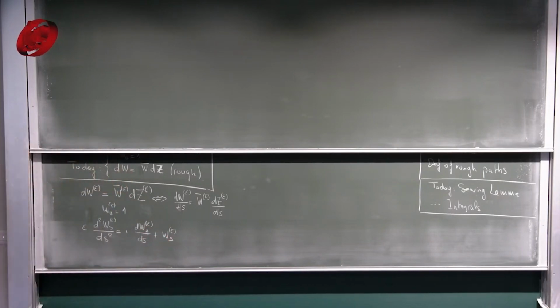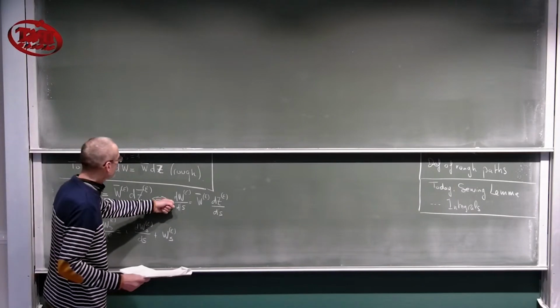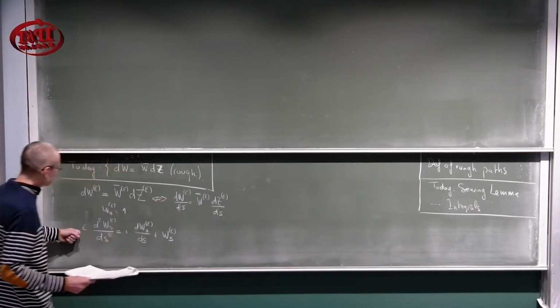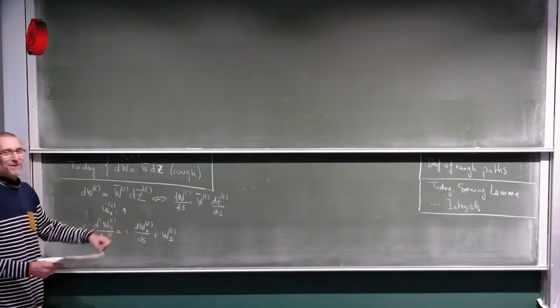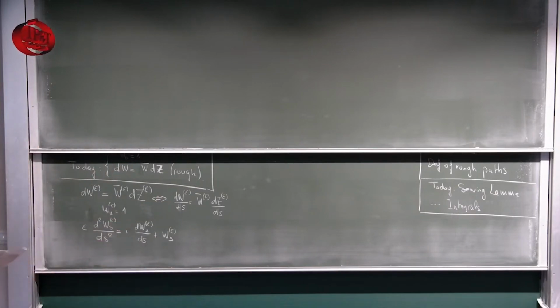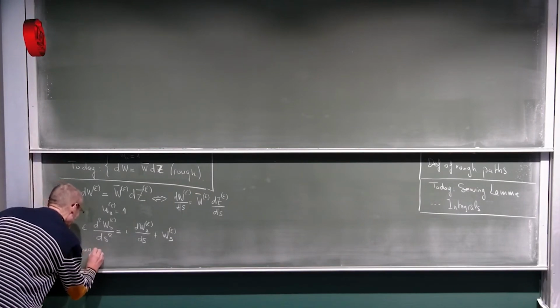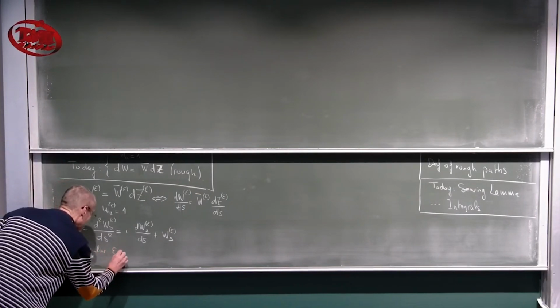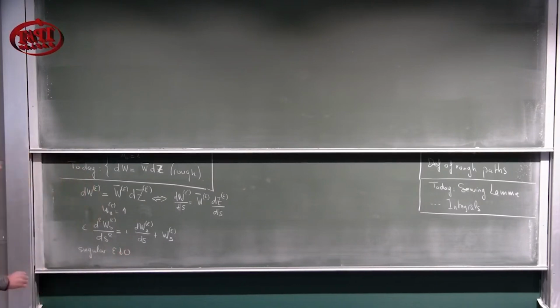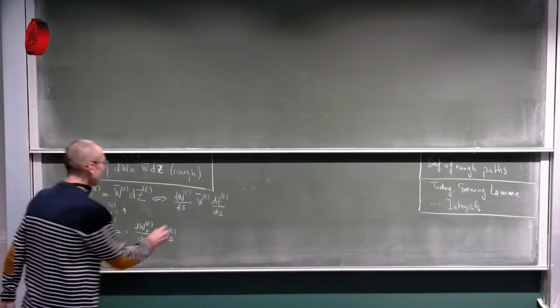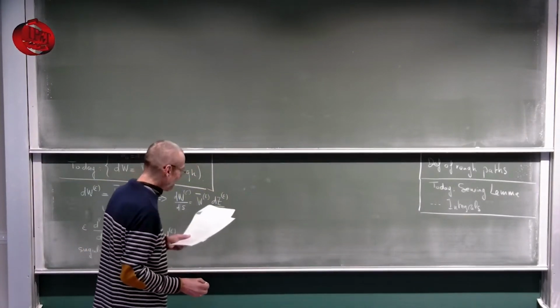Okay, so now you see, this one doesn't look very nice, but this one looks already much nicer. This is a linear second order equation, so that's something we should be able to deal with. And we just noticed that it's singular when epsilon goes to 0. Okay, so now, trust me,